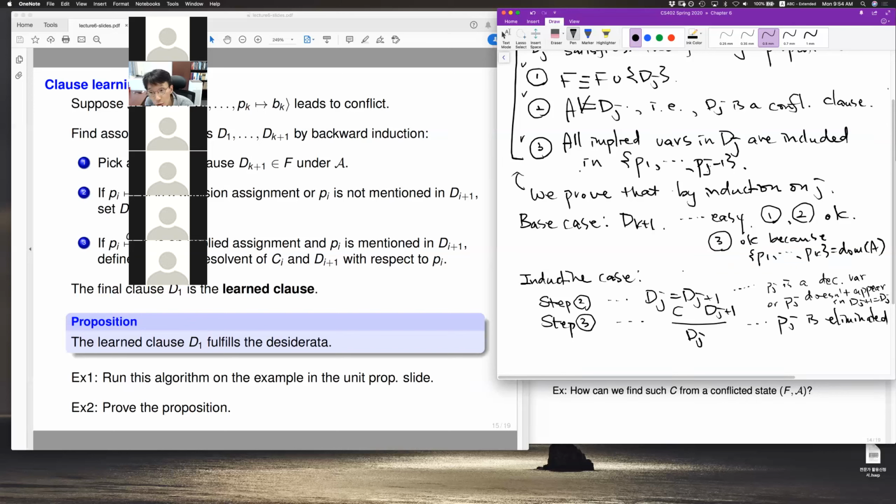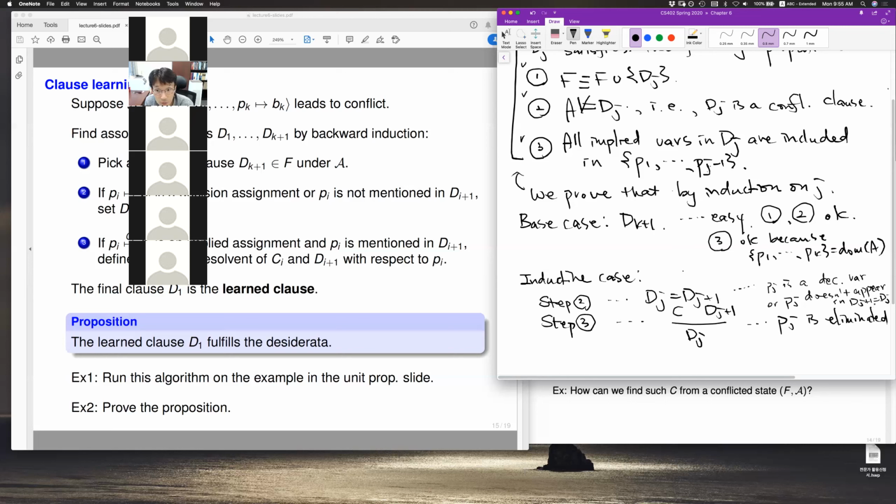Okay, up to Pj plus 1, no, because Dj plus 1 ensures everything is okay up to Pj minus 1, but when you reduce the index by 1, Pj can potentially cause a problem. But step 2, this condition of the step says actually that's not the case. Pj is a decision variable, so it's not going to be included when we compute this. Property 3 will be true, or Pj doesn't really appear in Dj plus 1, so it's not going to cause an issue